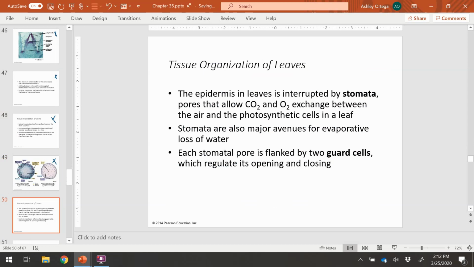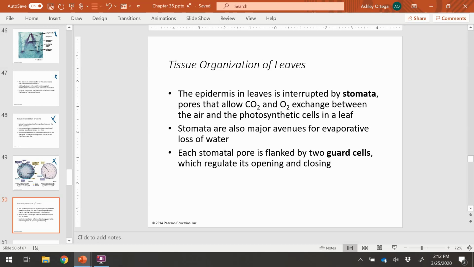Moving to leaves. Here, we'll look at some leaf tissues that we didn't look at before. On the leaf tissue itself, the epidermal layer or the periderm, depending on whether it's green or woody, herbaceous or woody, they have stomata. These are pores that allow for gas exchange of carbon dioxide and oxygen between the air and photosynthetic cells in the leaf. In the next chapter, we'll see how stomata actually help in moving water through the xylem of the plant